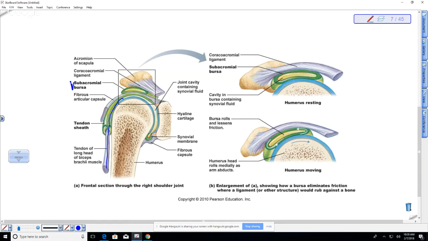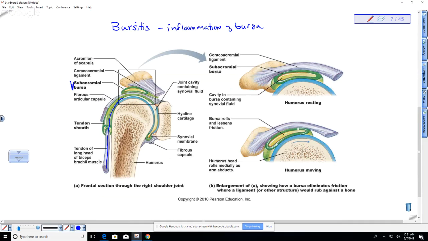So sometimes these can become inflamed and is called bursitis. So you might hear people complaining about their bursitis. And this is just inflammation of the bursa. And compared to other joint injuries, this is relatively minor, right? You'd much rather have bursitis in your shoulder than a torn ligament, right? Or a torn tendon, torn rotator cuff muscle. So bursitis is generally better, and they generally will